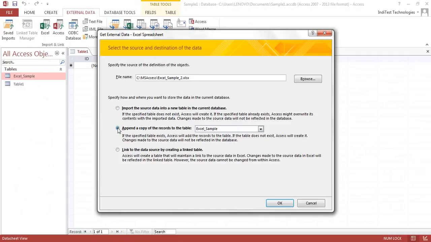And it simply means that for the new data set which I'm going to import from Excel, do I want this data to be appended to an already existing data set? So yes, if I want it to be appended to one of these data sets, then I need to select this option. So I'm going to select the Excel sample data set which we created in the previous video,